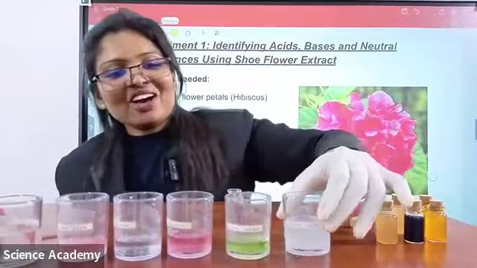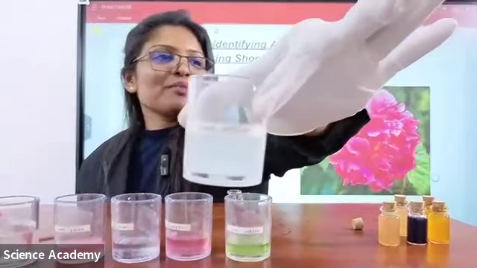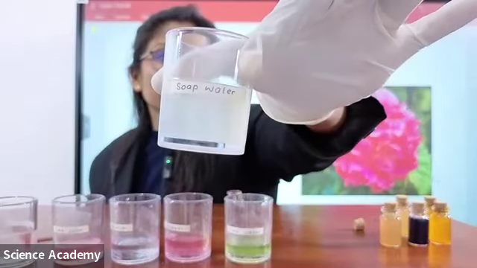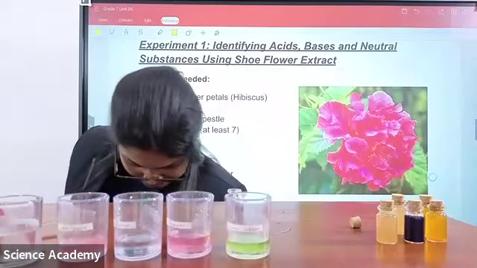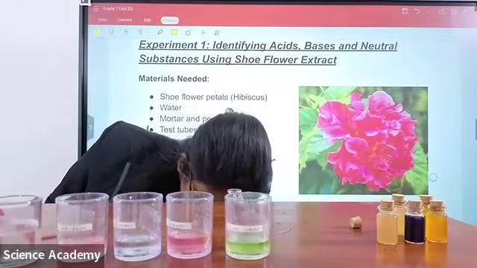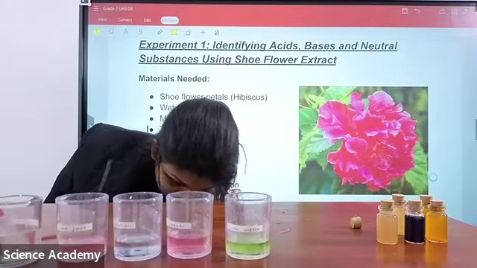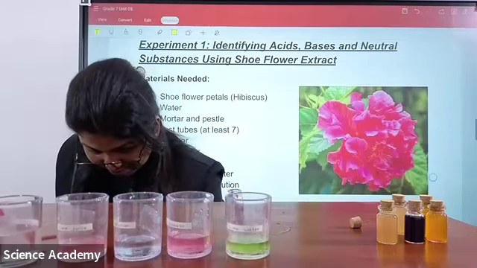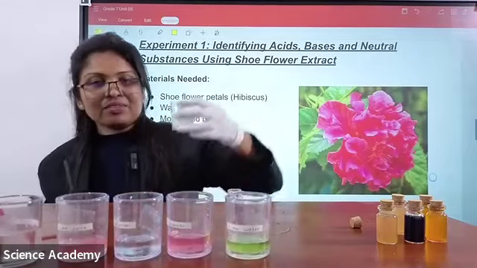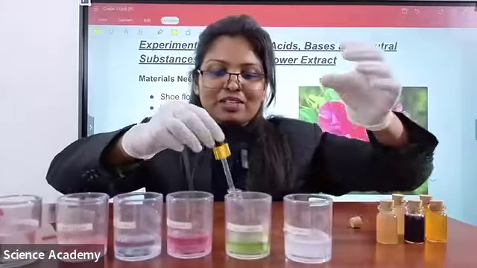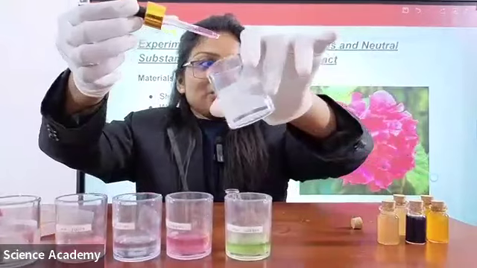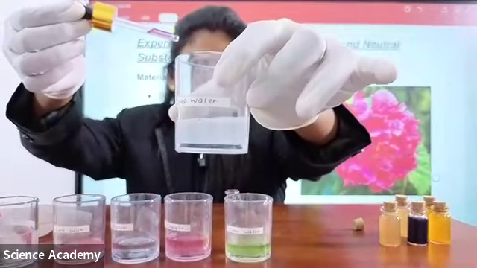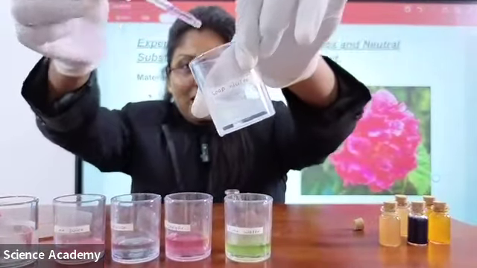Right? Okay. Now, children, this is soap water. This is soap water. Okay? Now, I am going to reduce up to some extent. Right, okay. So this is children's soapy water and then I am going to add shoe flower extract into this. Right, this is soap water. Okay, right.